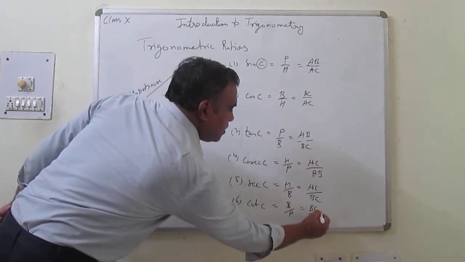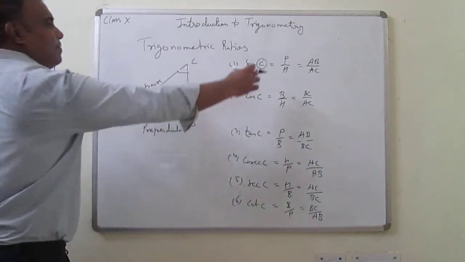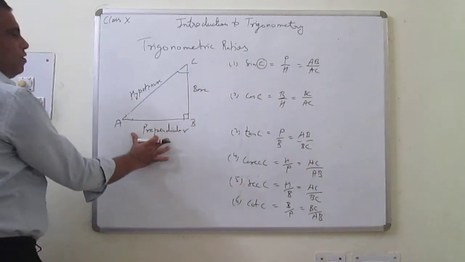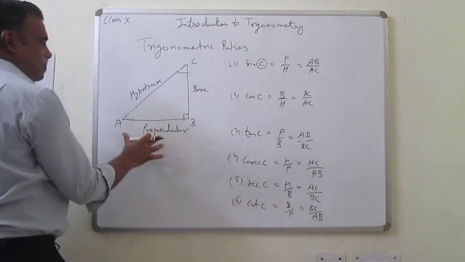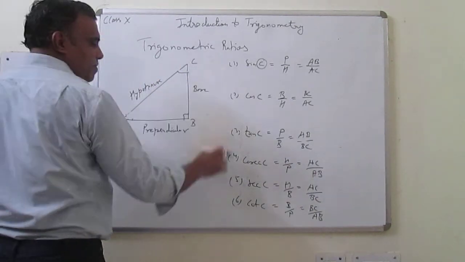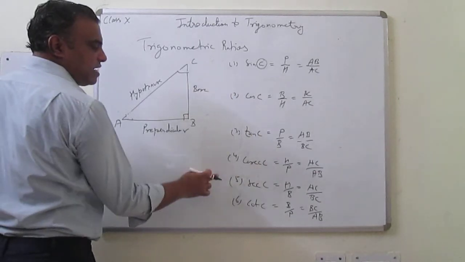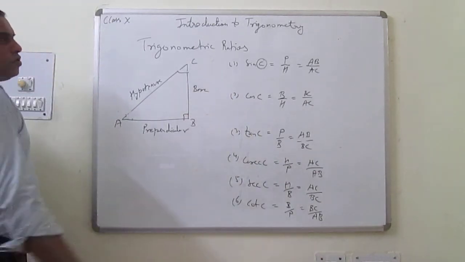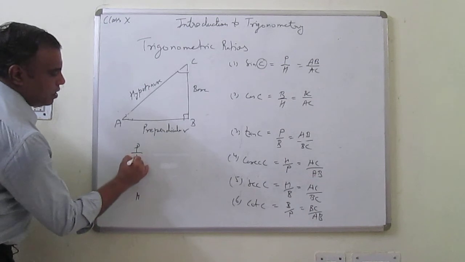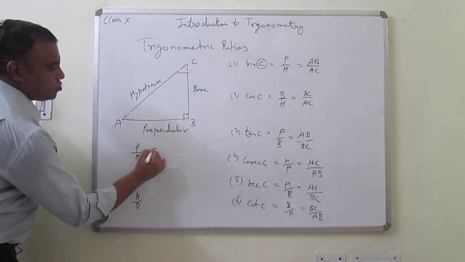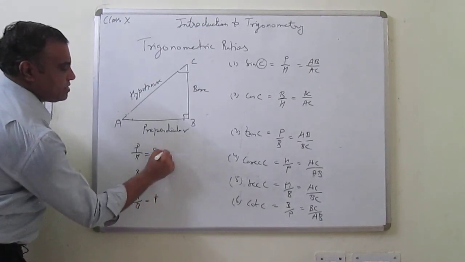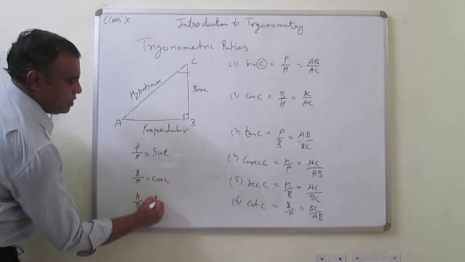So the formula is the same, P upon H, but when you change the angle, the perpendicular is changed. In angle C, the perpendicular is AB, and in angle A, the perpendicular is BC. These are the 6 trigonometric ratios: sin, cos, tan, cosec, sec, cot. It is easy to learn in this way. Pandit Badri Prasad, har bole, Suresh Chandra Tatia.